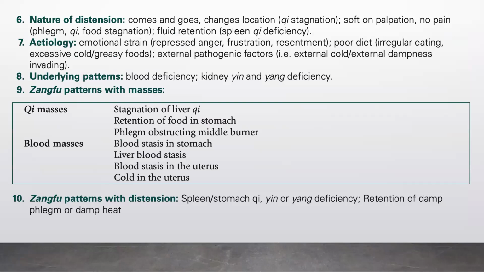So there's Qi masses, which is stagnation of liver Qi, retention of food in the stomach, phlegm obstructing the middle burner. And there's blood masses, which is blood stasis in the stomach, liver blood stasis in the uterus, and cold in the uterus. Number 10 is Zang-Fu patterns with distension, spleen and stomach Qi, yin or yang deficiency, retention of damp phlegm